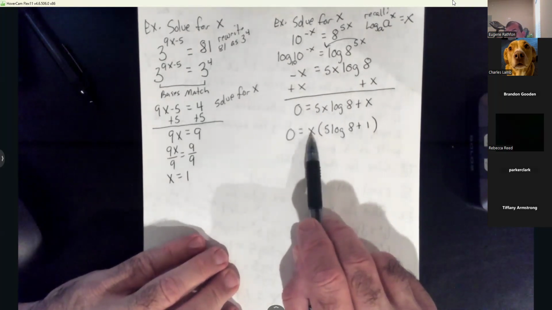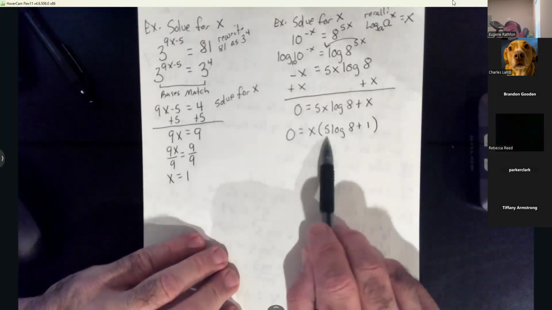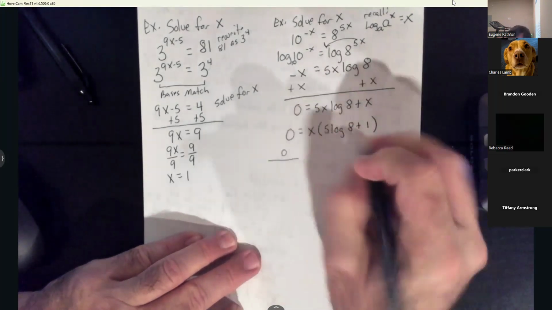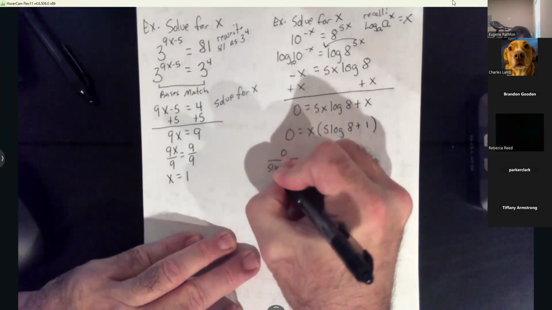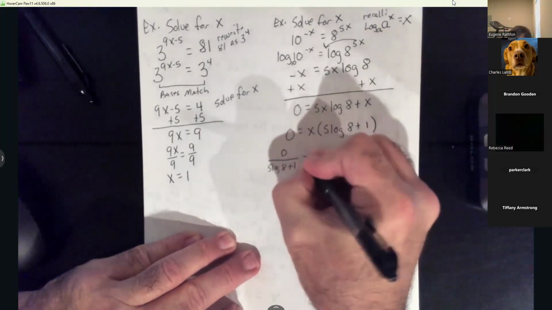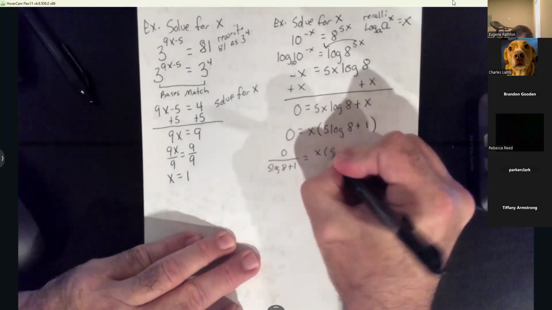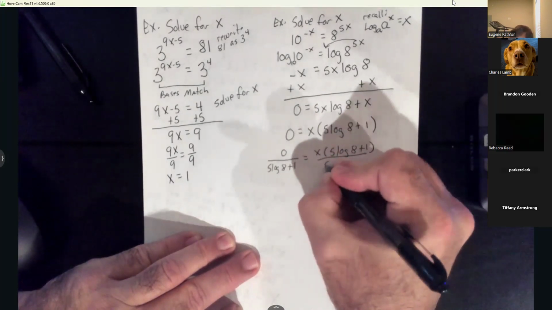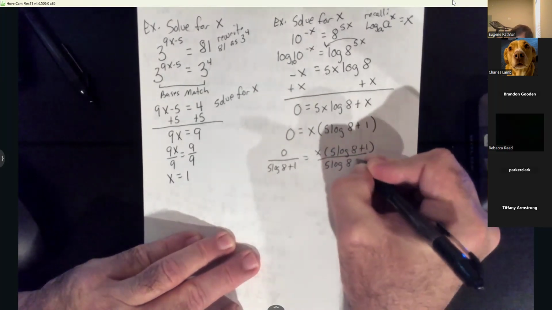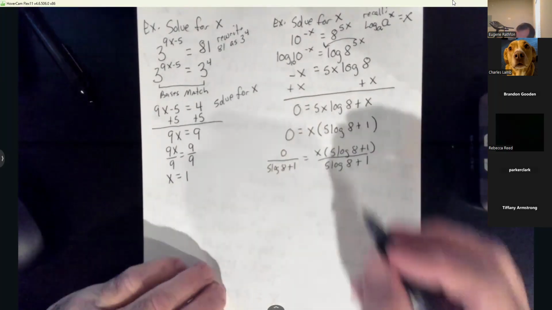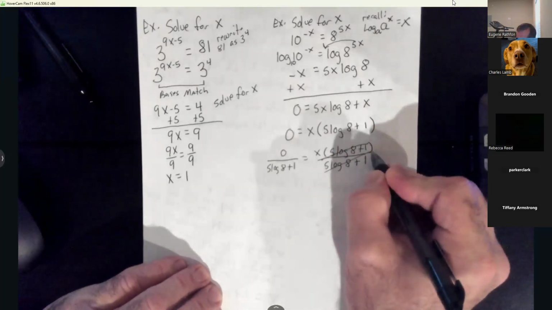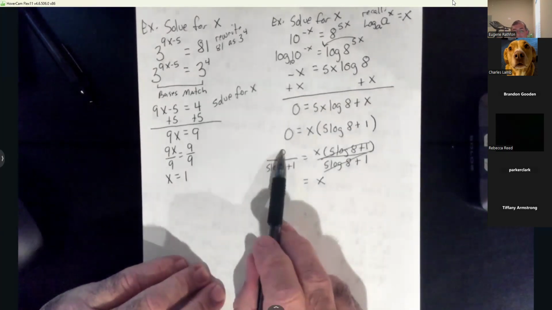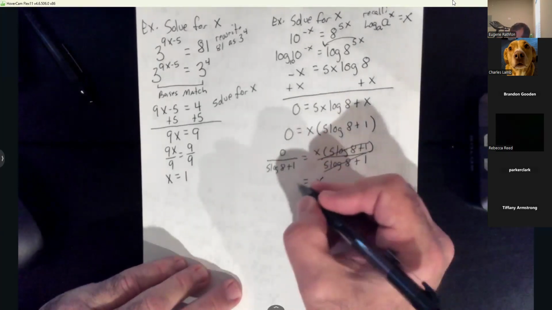Now, I need to make that a 1x, so I'm going to divide both sides by the parentheses. So I'm going to have 0 divided by the parentheses, 5 log 8 plus 1. That'll equal the right side divided by the 5 log 8 plus 1. So notice these parentheses now cancel, leaving the x. And y'all look at that. 0 divided by anything is a big